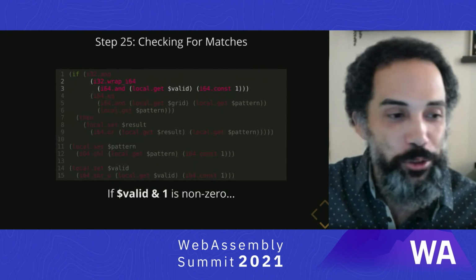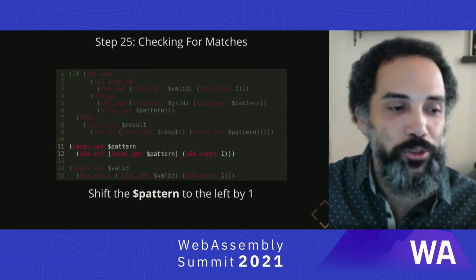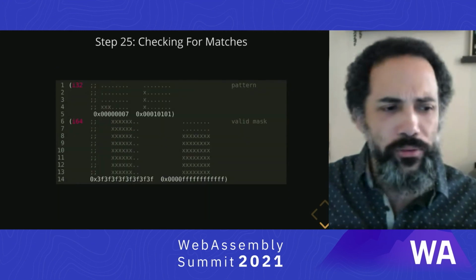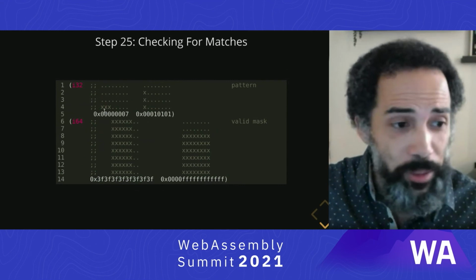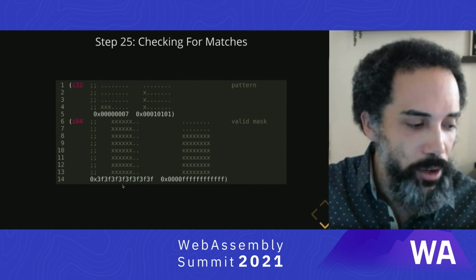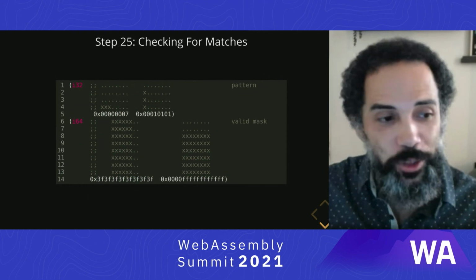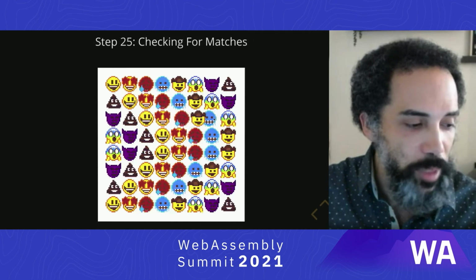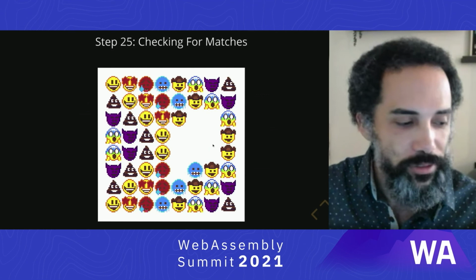Again, I won't dive too far into the details here because we don't have time, but this gives you an example of how you can step through and find that. And finally, we take each of these patterns and we just lay them out in the bits directly in memory. And so now we have our horizontal pattern and our vertical pattern, and then our valid bits stored as just very small values. And we can use those same functions for each one. And what that gives us is whether or not we actually made a match. So now you can see that when I drag, I get a nice little match here.